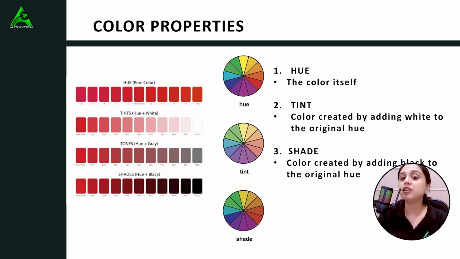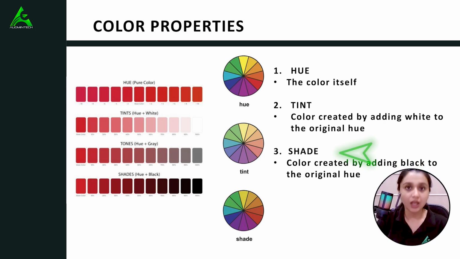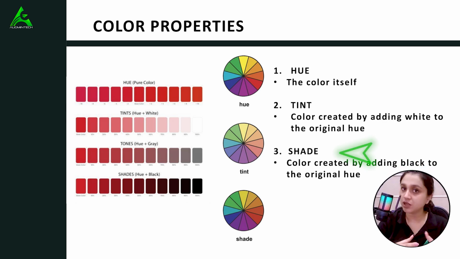Then comes another term, which is called shade. Shade is almost similar to a tint, but here we are adding black to the hue. So let's say you have an orange hue. Now you have added some black color into it, and whatever is formed after that becomes the shade of orange. Similarly, if you have the orange color and you add white color into it, depending on what quantity you add, you will achieve that kind of tint, but it will form a tint of orange color.